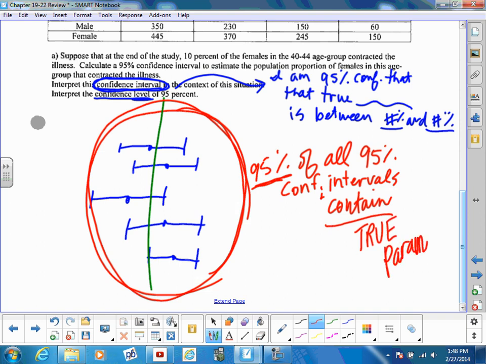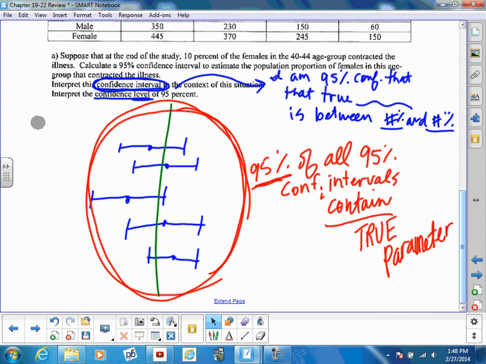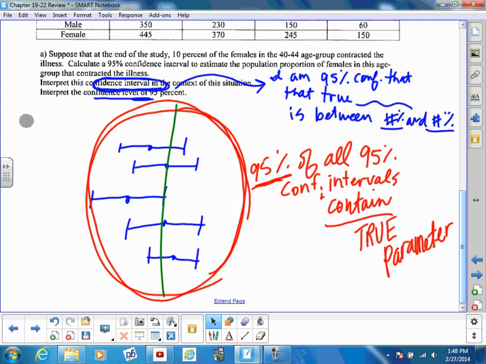Now, I had a misunderstanding in fourth period. Will it contain your p-hat? Maybe, maybe not. But that's not what it's about. It's not about 95% of them containing the p-hat for the sample. It's about 95% of them